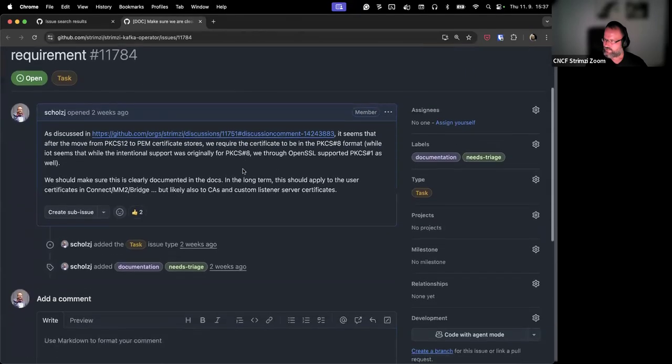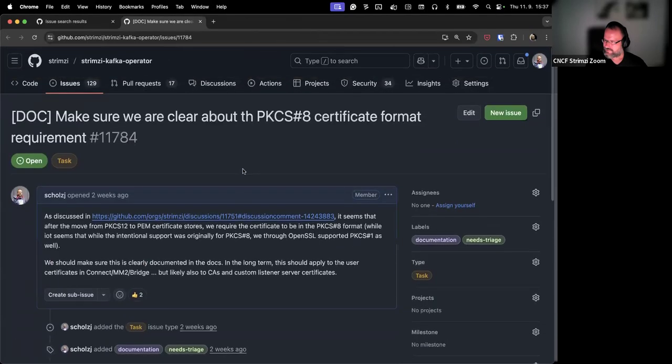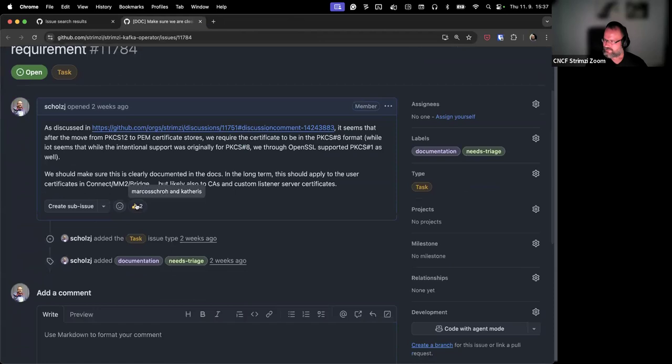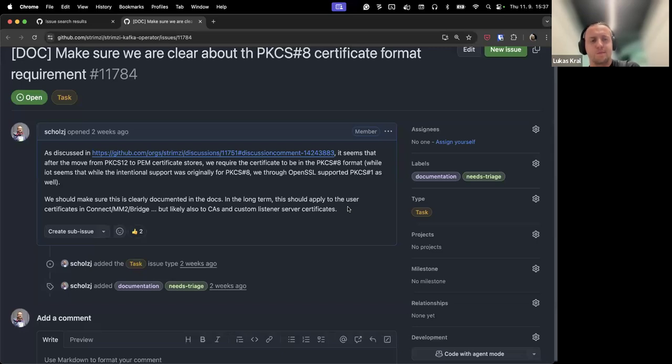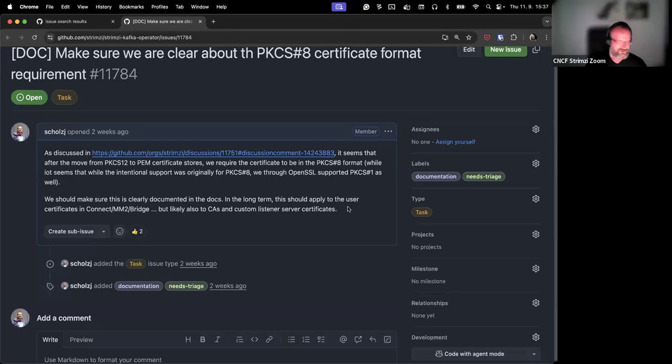So this one I opened after a discussion with some user who ran into problems during the upgrade. With PEM, when using the PEM certificates directly, we seem to now support only PKCS8 certificates.